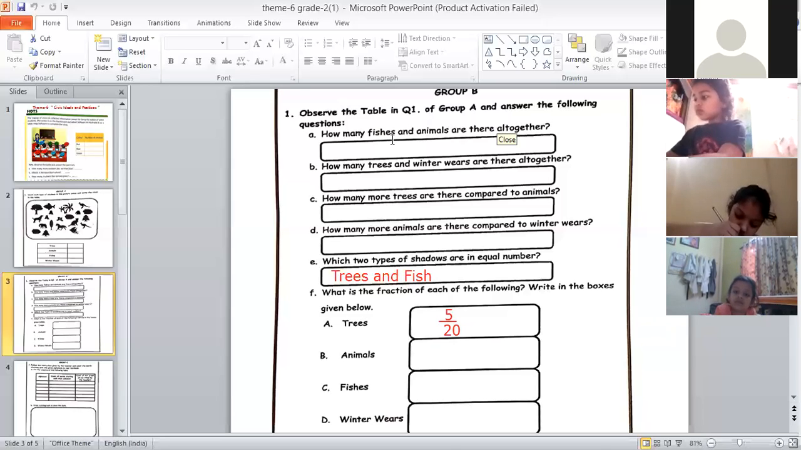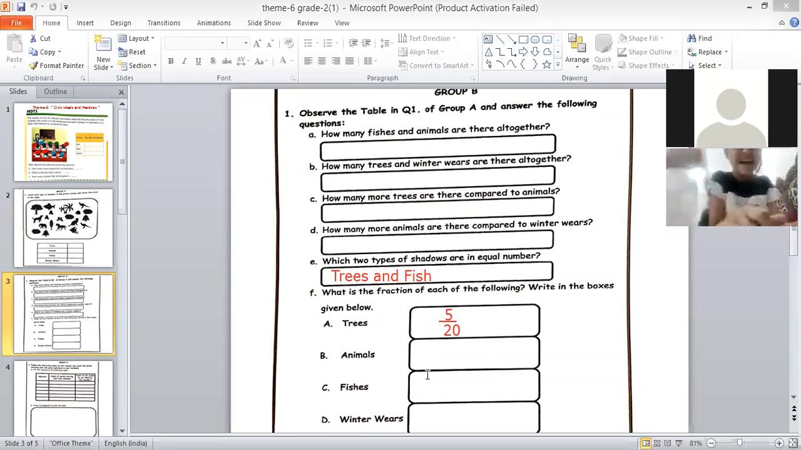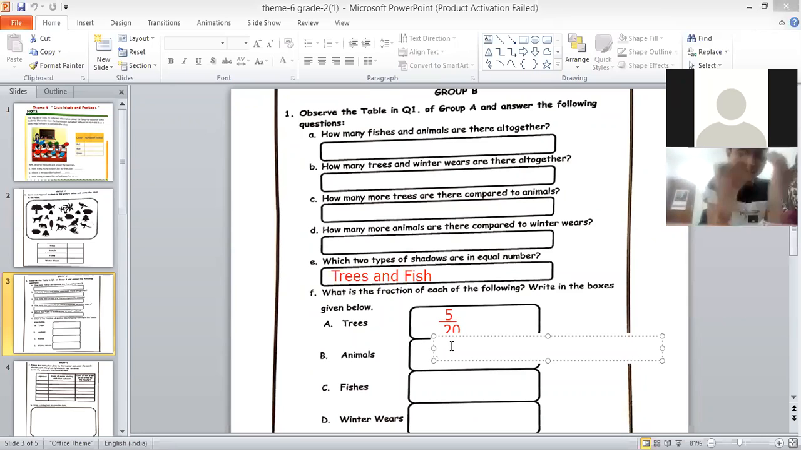Devansh? Yes, ma'am. Now, what is the next bit? Read that word. Animals. Okay, how many animals are there? Count the shadows of animals. 6. So we have to write the fraction. So number of animals are 6. So what we will do? We will write